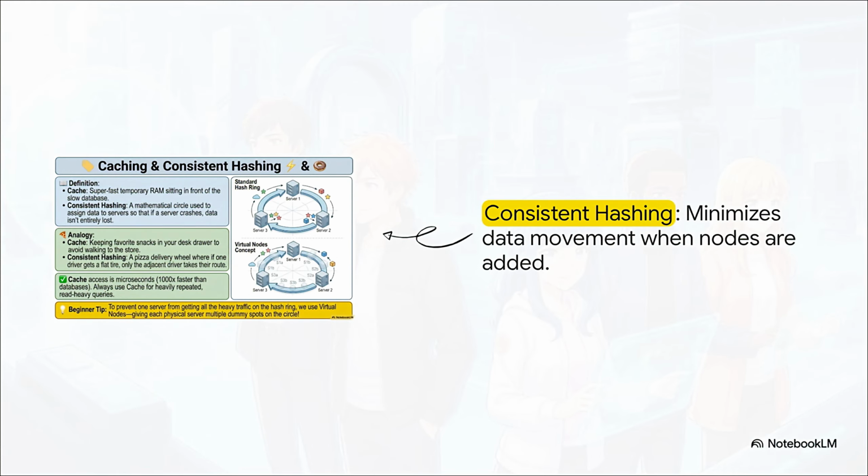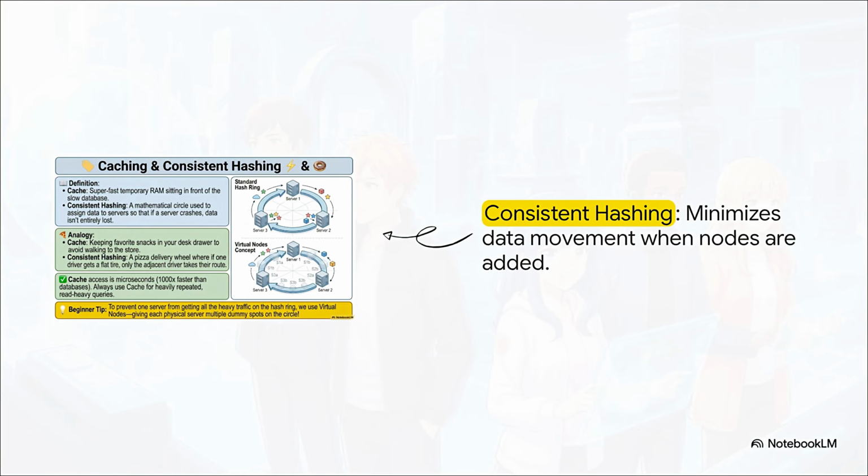Now here's a fun scenario. What happens if one of your cache servers actually physically crashes? Enter consistent hashing. This is a brilliant mathematical technique used to distribute keys across nodes in a logical ring. Because you assign data this way, if one server goes down, only a tiny fraction of your cached keys actually need to move over to the adjacent node. It's beautiful math, and it literally saves you from a cascading cache miss disaster where suddenly every single request is